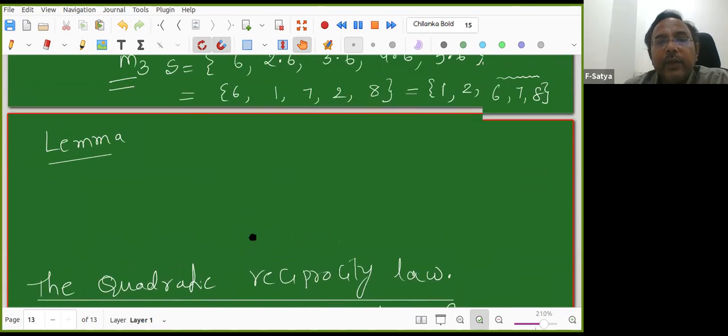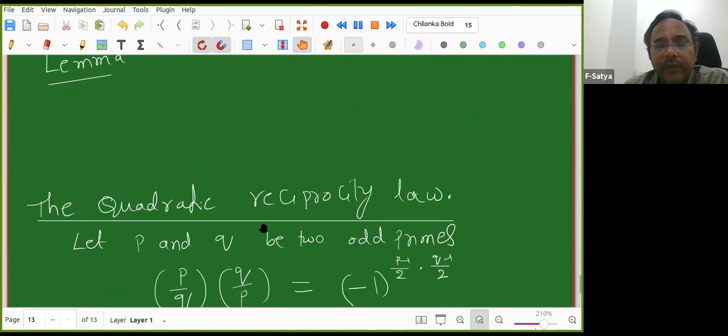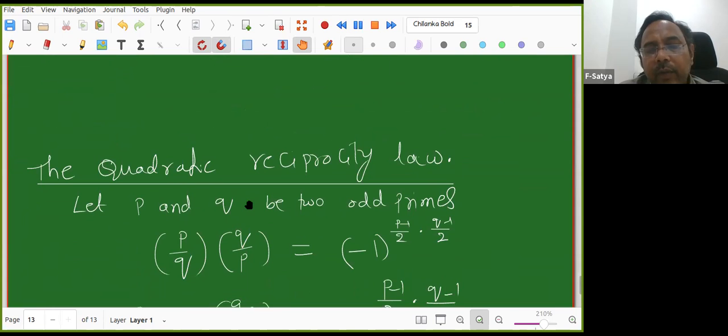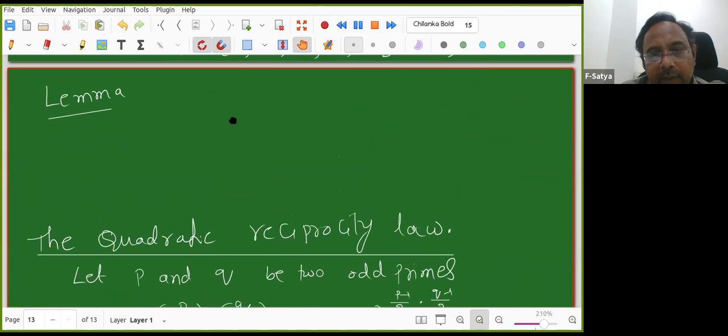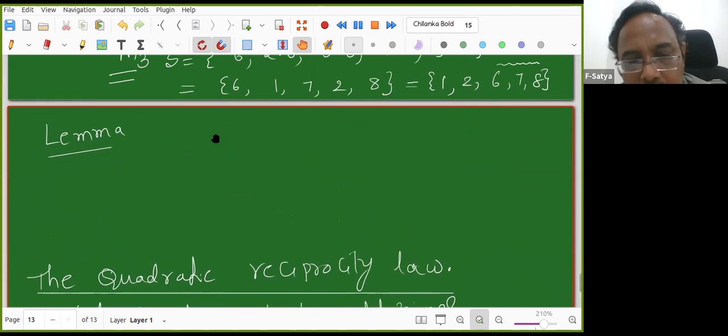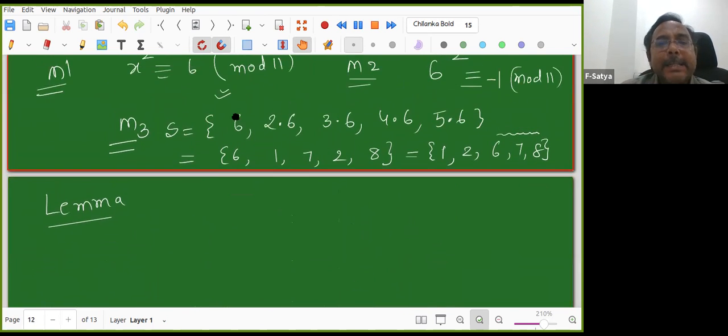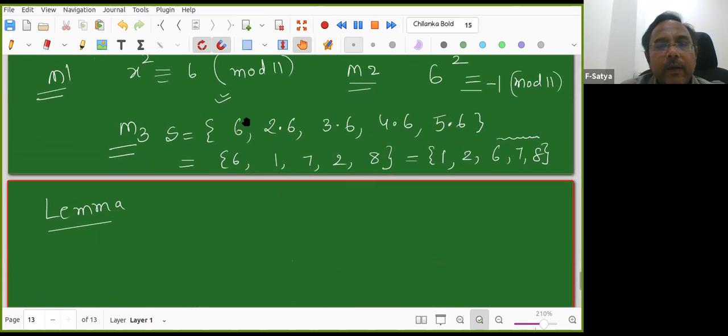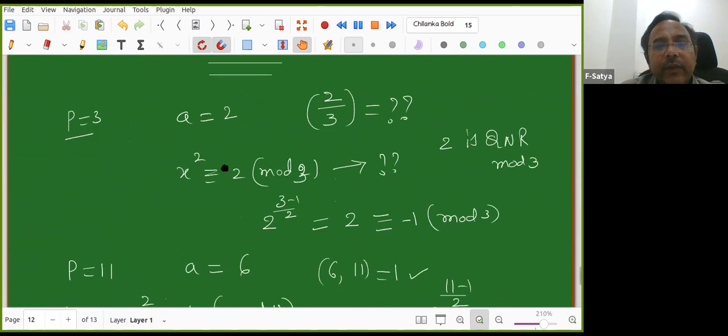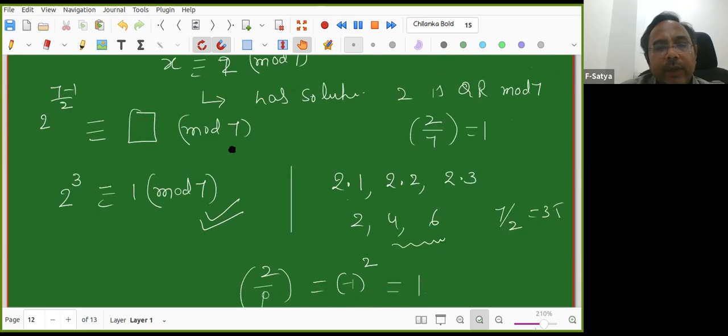To prove this result, he gave so many proofs. Gauss himself gave many different proofs, and there is a reason for that. He wanted to extend it to a cubic reciprocity law, which is very big. Sometime I'll tell you that reciprocity laws are very important. Good. So to prove that result, Gauss gave this Gauss lemma, and he proved it.